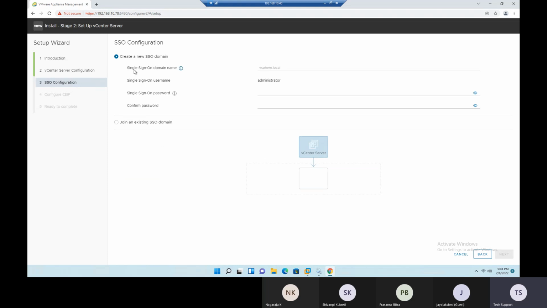Okay, so now here it says single sign-on domain name. We need to enter the single sign-on domain name. The single sign-on domain name by default is showing as vsphere.local. We recommend entering either the same name, or you can also configure our internal Active Directory domain name. Anything we can use. So I'm just going with the default domain name